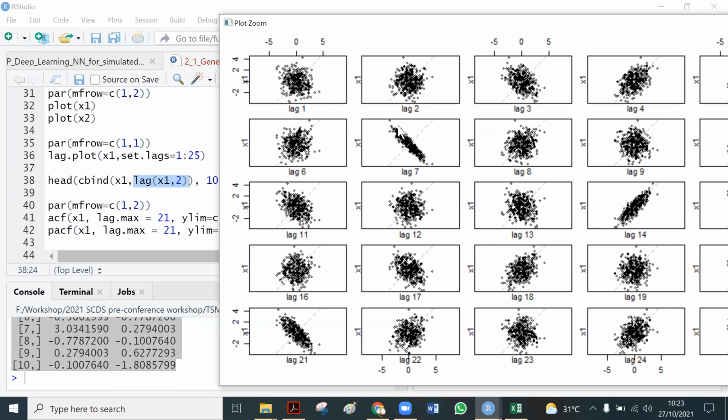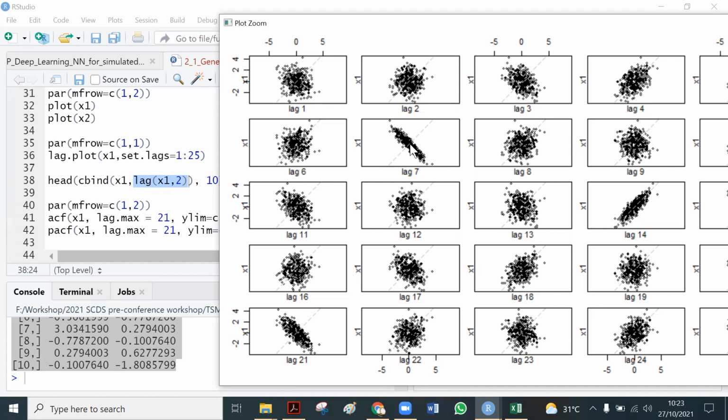Okay, let's go directly to lag 7. Lag 7 shows a strong relationship, right? If we detect the relationship between two variables, if the scatter plot of two variables shows a strong pattern following a line, it means it has a strong relationship.